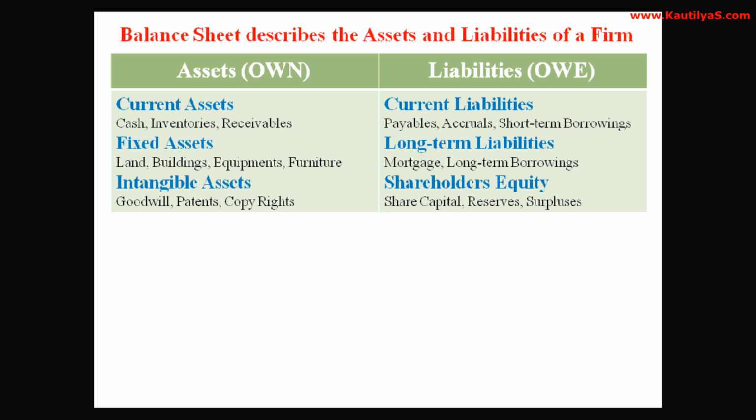Liabilities. Liabilities are classified into two: the current liabilities and long-term liabilities. Payables, accruals, and short-term borrowings are examples of current liabilities. On the other hand, mortgage and long-term borrowings are examples of long-term liabilities. And shareholder equity is also shown on the liability side of the balance sheet. Share capital, reserves and surpluses are part of shareholder equity, and together these three are called the net worth